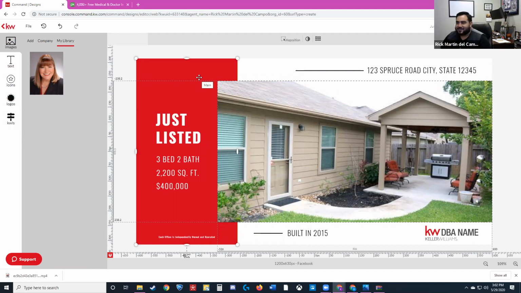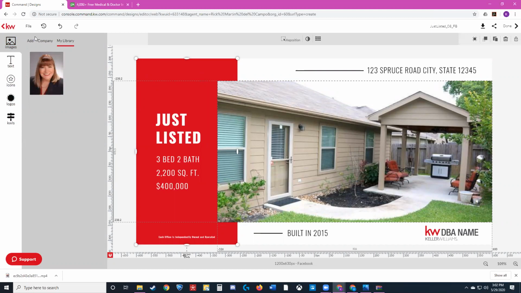Sorry, my lights went off for a second. So okay, you asked if you had to upload your image every time? Yeah, my image is not in here again. So I have to go over.